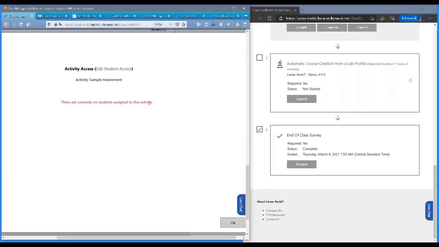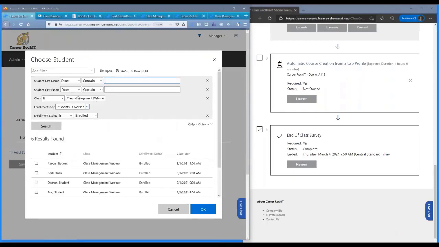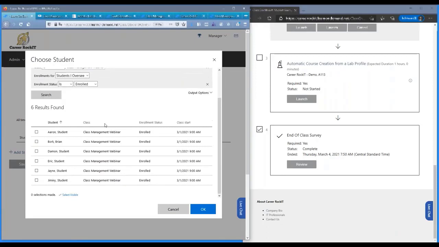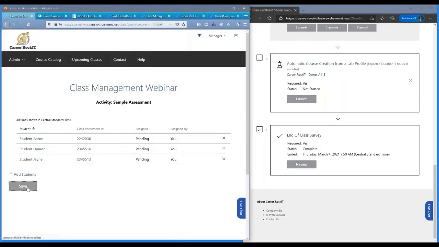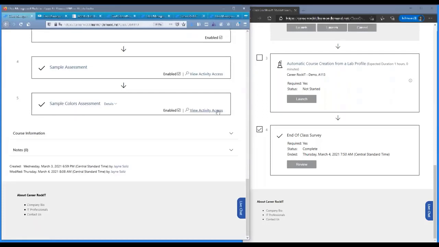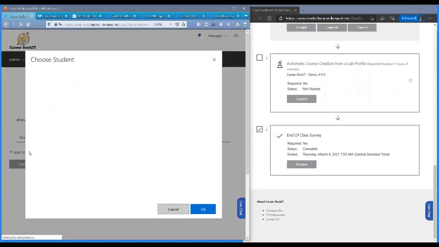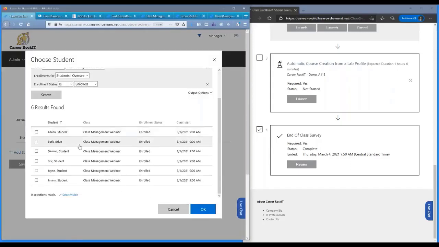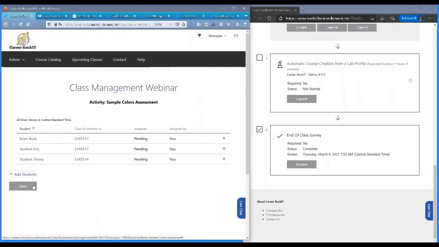When I click on View Activity Access, there are currently no students assigned, so I'm going to edit the student access, and it shows me who's here. When I hit Add Students, it's going to show me only students for this class that are enrolled, and I can then choose who I want to have that assessment. Those 3 will get that. Then I will assign the colors one to the other 3 and add students. And this time I want Brian, Eric, and Jimmy. And when I save it,